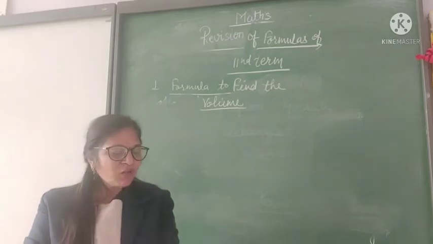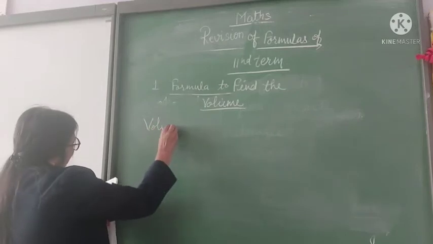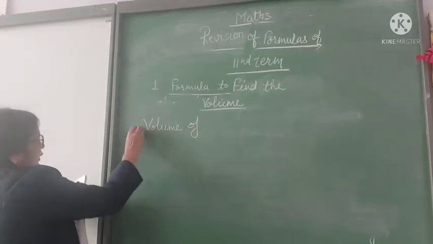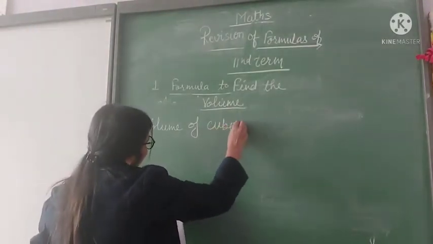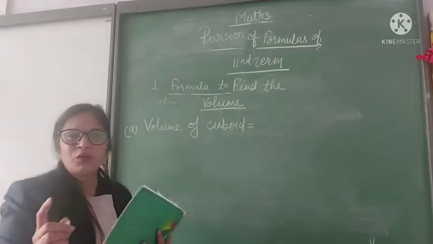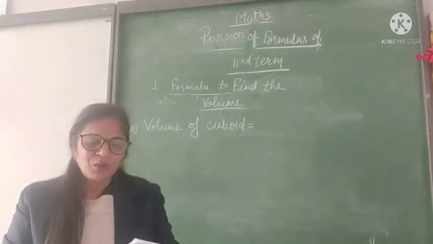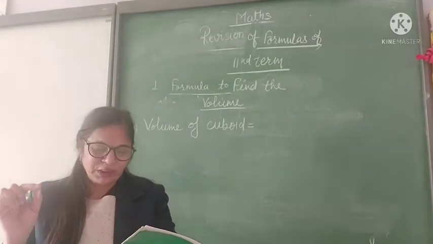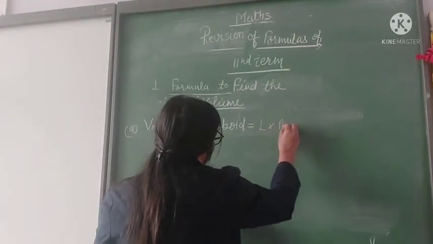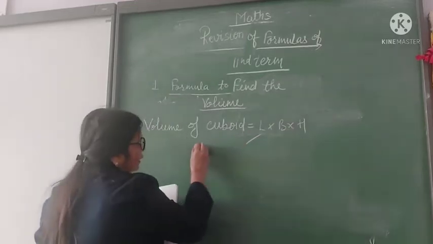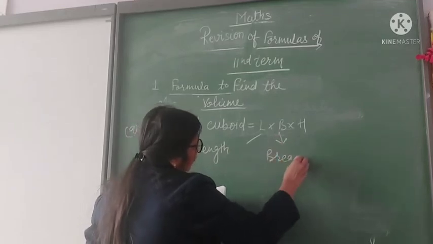Children, first of all, I will write the volume of cuboid. Write all the formulas together. Volume of cuboid. Children, volume of cuboid is L into B into H, because a cuboid has length, breadth and height. L into B into H, where L stands for length, B stands for breadth,